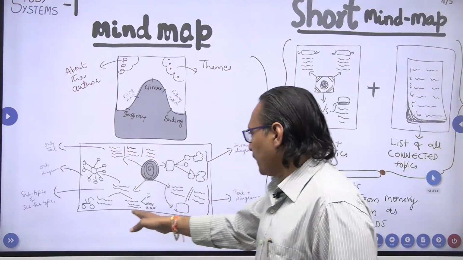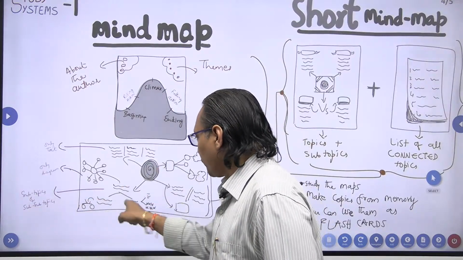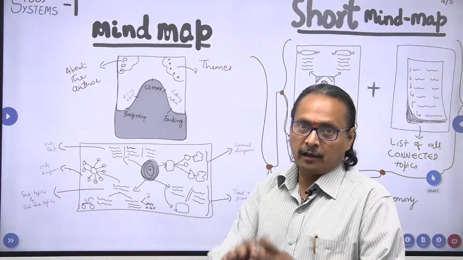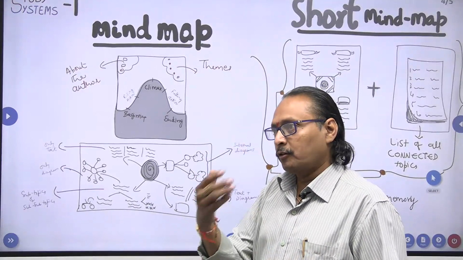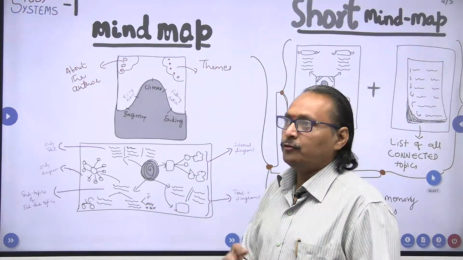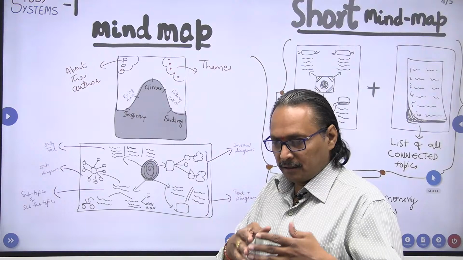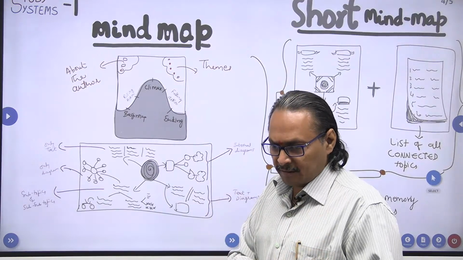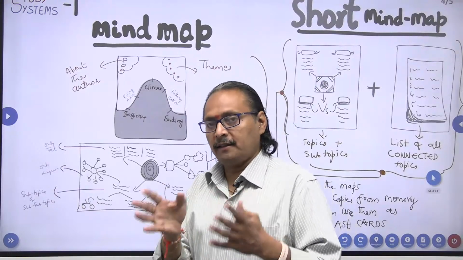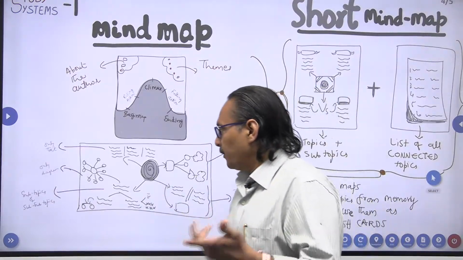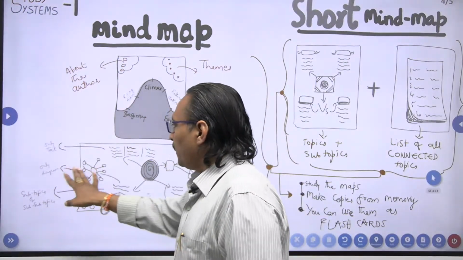So these are the formats, or sometimes it can be topic, subtopic, subtopics. This is the main topic, this is the subtopic, and you can have subtopics as well. You can also go in that way, because as you proceed in your life and advance in your learning, definitely you will have more classifications coming. Please remember, how I see the entire system of training ourselves is, the more you study, the more classification you start doing. That's how I see the system of learning. Anyway, that's a little beyond the ambit of this topic.